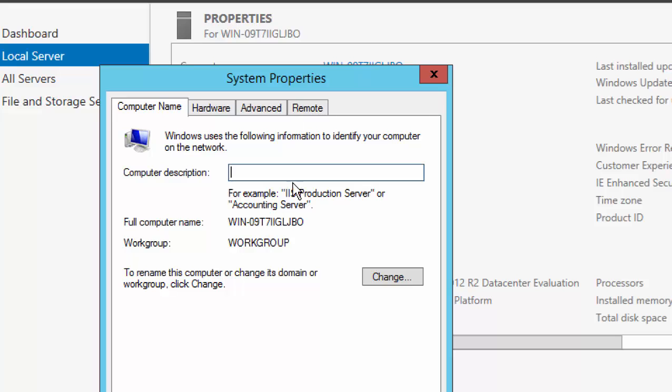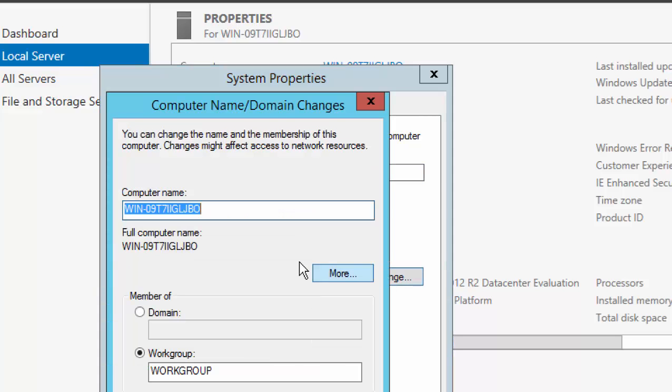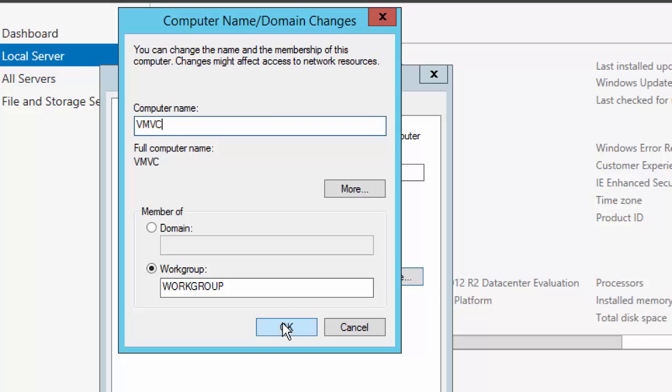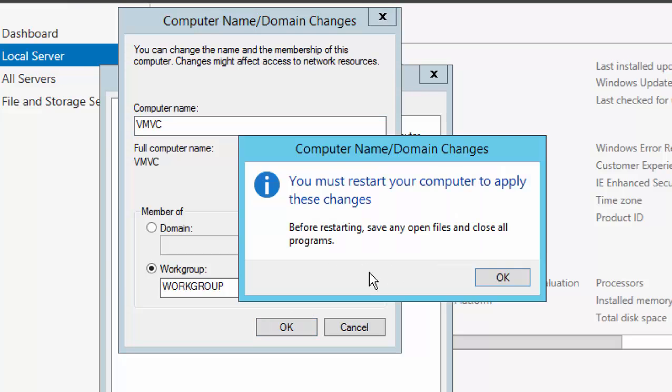So computer name change, and then go for VMVC here, right? VMVC, press OK, and before restarting we can just go for